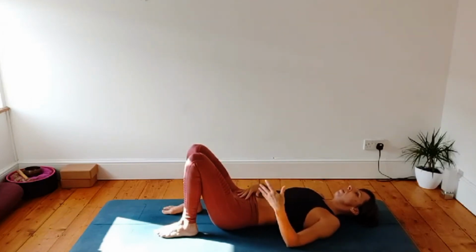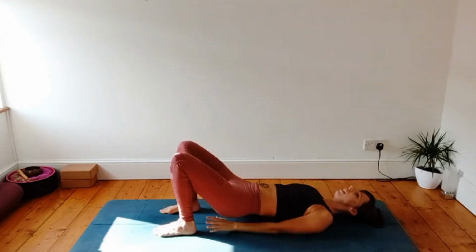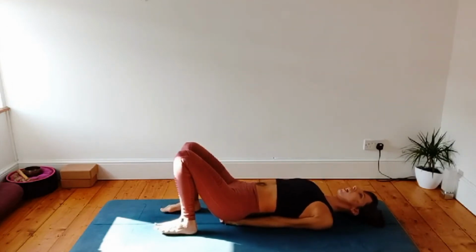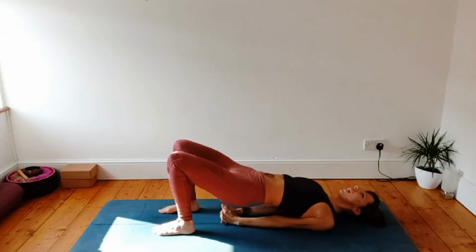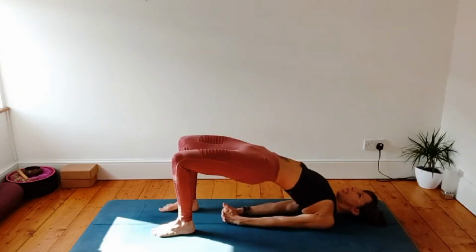So unless you have a very deep back bend, which definitely is not my case, I'm not going to bring my feet too close. Interlace the fingers under your bum, bringing the elbows towards each other to help you start expanding the chest. And now from here, with the next inhale, start pushing, rooting your feet, activating your legs and your bum. Push your hips up towards the ceiling,